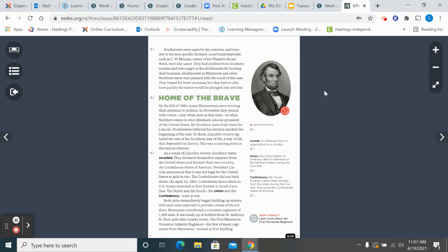To them, Lincoln's victory signaled the end of the Southern way of life, a way of life that depended on slavery. This was a turning point in the nation's history. So think about it from the Southern plantation owner's perspective. Once Lincoln was elected to become the next president, the 16th president in the fall of 1860, their mindset was,